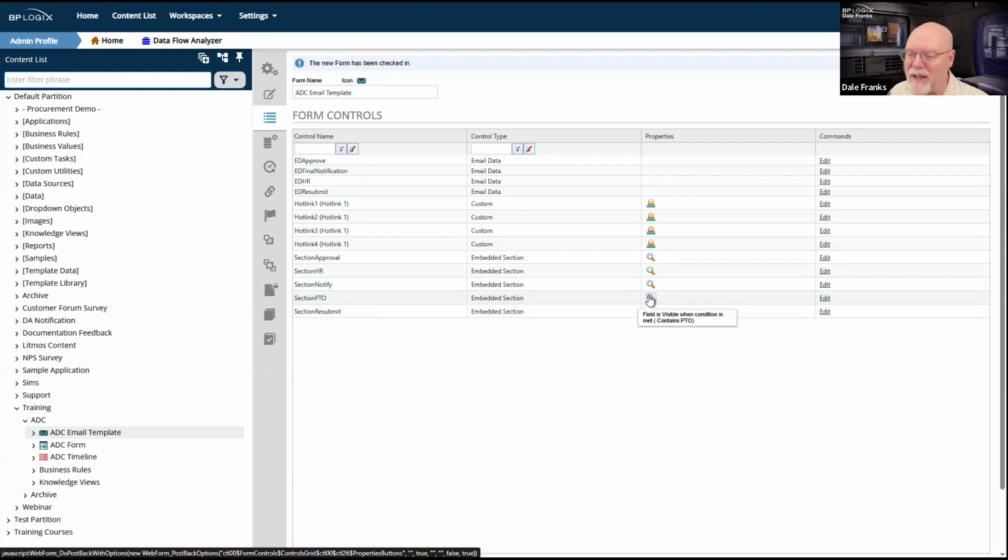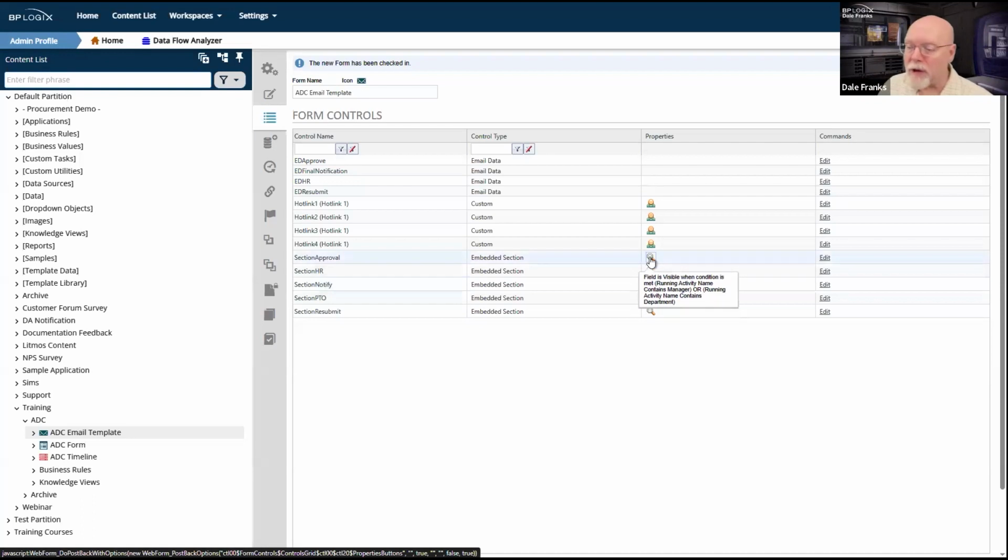Just note that I did have to use the system variable for request type. Now, the nice thing about using a form field system variable like that is that it should, just as it does in a knowledge view, if that system variable is evaluable in the context of this particular email template, when it runs, which it should be, because when it runs, it will be attached to the process, just like the form is. It should be able to show me those PTO start and end dates and the number of hours for PTO requests. Any other request type, I shouldn't see that at all.